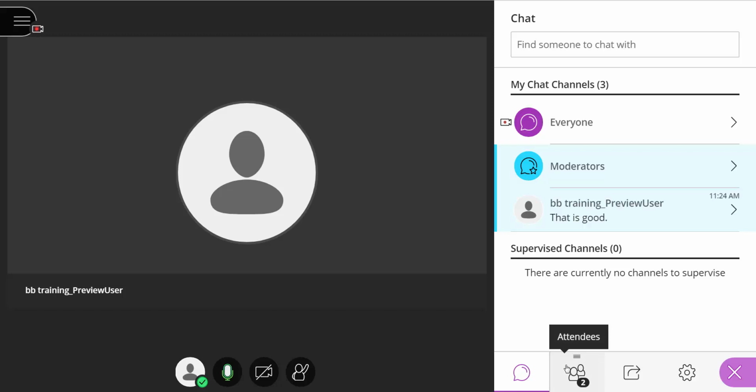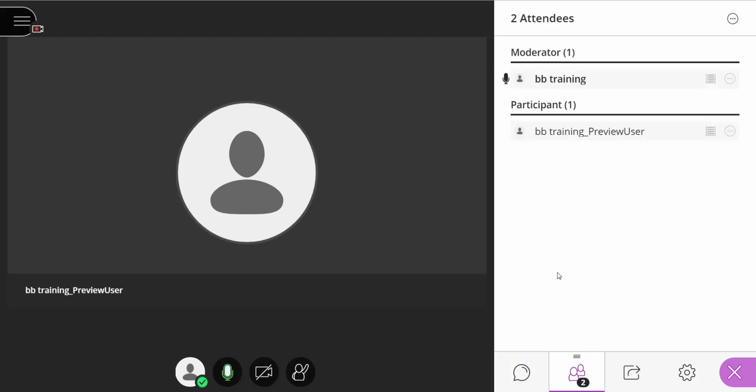Next in our panels is for attendees. When you select the attendees panel, you can see who's currently in your session. You can also see their role. There's only one moderator and one participant. If you mouse over the little hamburger icon, you can see whether they have a good connection to this session, or moving over to the attendee control icon,